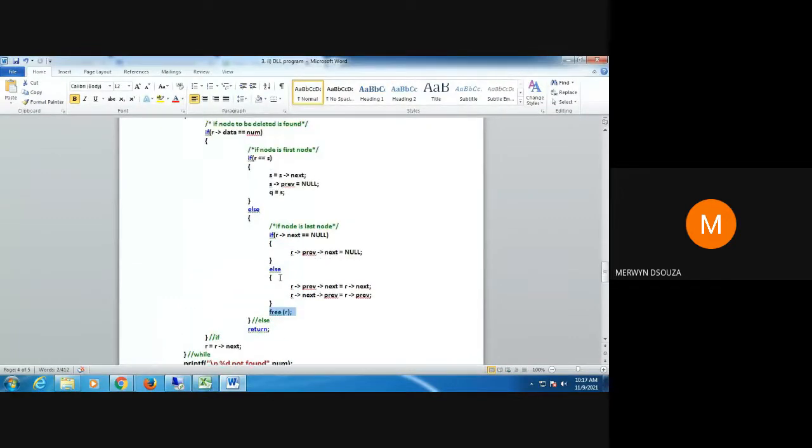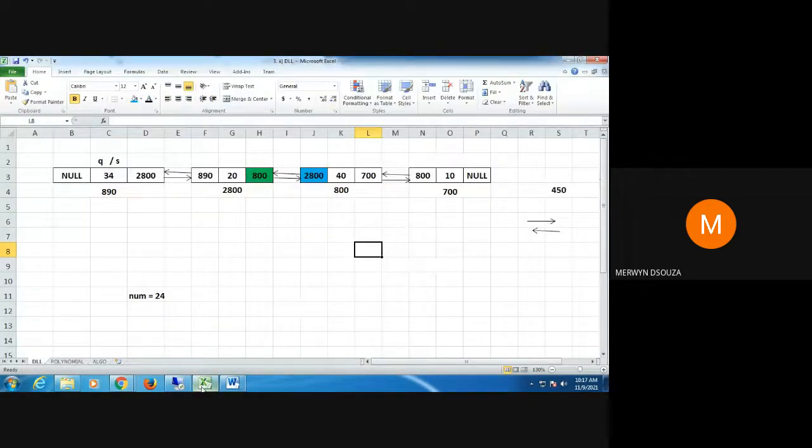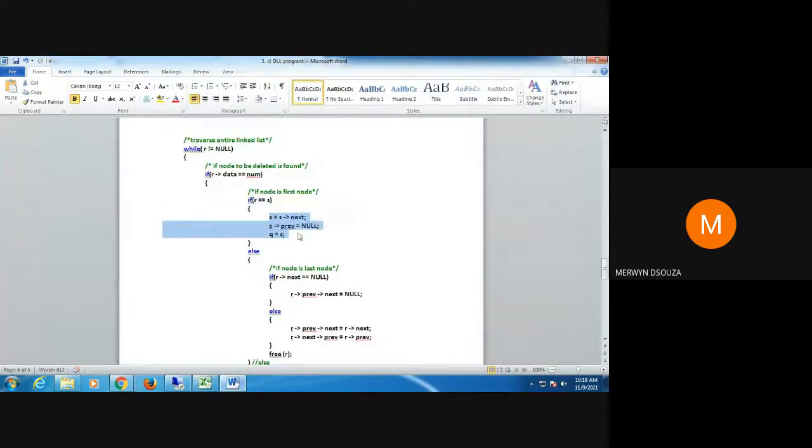So the only thing that you need to remember is you can trace. We have run out of time, so I will stop. If you are deleting the first node, then you need to shift Q here. This will become your first node. So if this becomes your first node, what should the previous part be? The previous part of your first node should always be null. So you need to make this null. So if you delete this node, you need to shift Q, that is one step, but also your previous part should be equal to null. You can see here in the code that is what we do. The previous part is set to null.